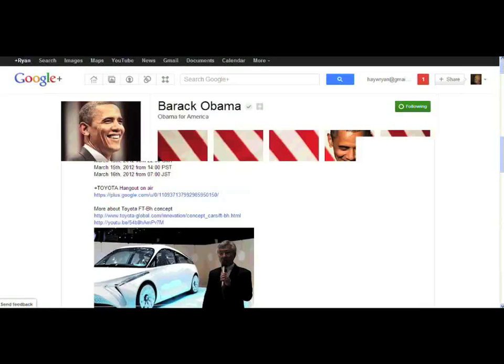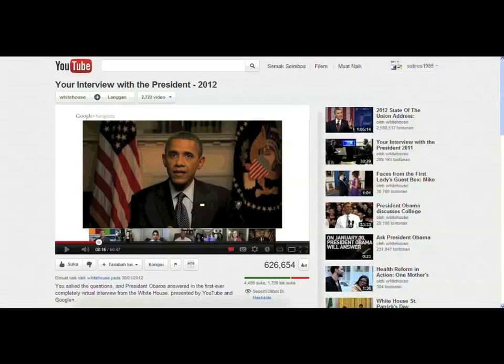So a couple other examples of this Hangout. Actually, Barack Obama had a Hangout on Air a few weeks ago. Every year the president makes an address to the U.S. Congress called the State of the Union Address. And a couple days after he made that landmark address, we invited 6 other people, as you can see here at the bottom, to have a conversation with the president. And then we recorded that Hangout on Air and posted it to YouTube.